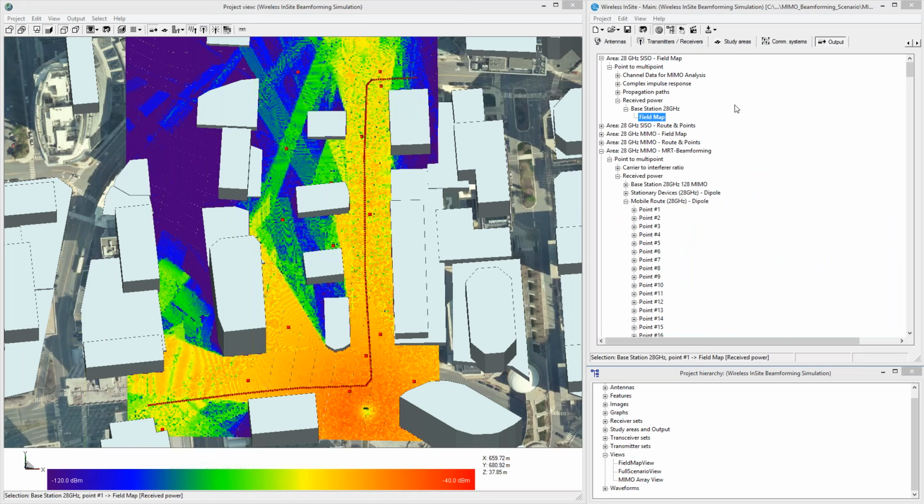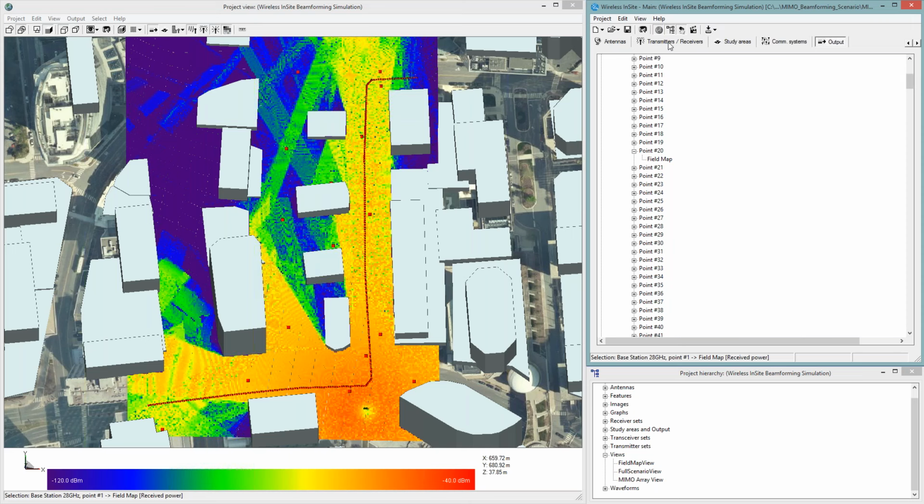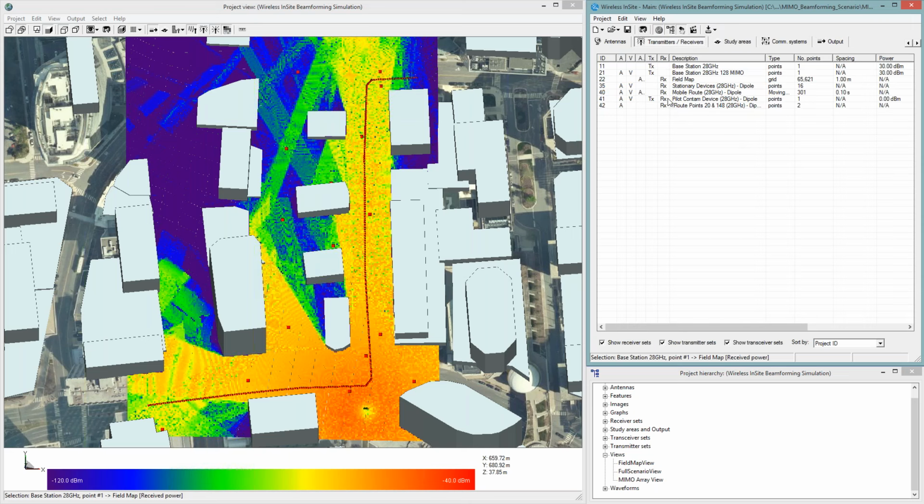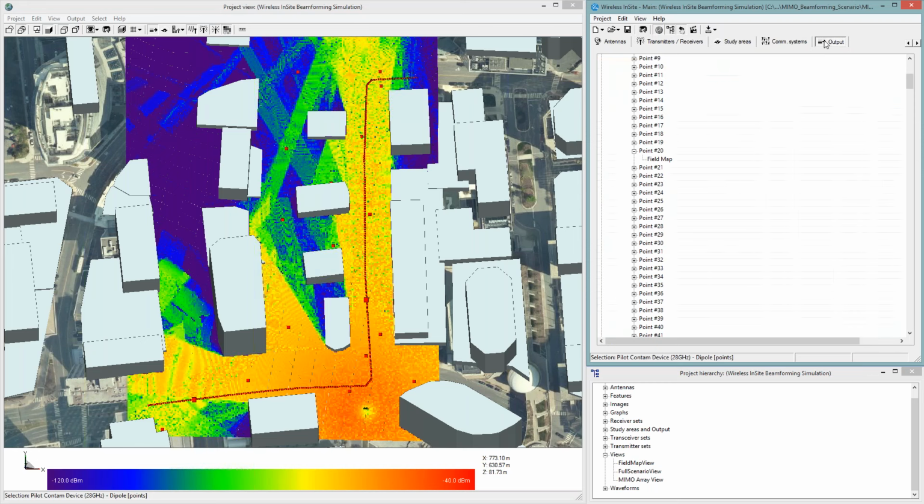So next, if we want to look at some of the beamforming, we've chosen two positions along our route that we want to look at the beams to. The first one is shown in a large red dot here, and then as the device continued along the route and around the corner, we have a second position shown in the red dot in the middle of the screen here. So the first position was the 20th point along the route,